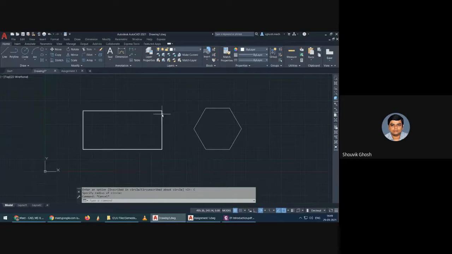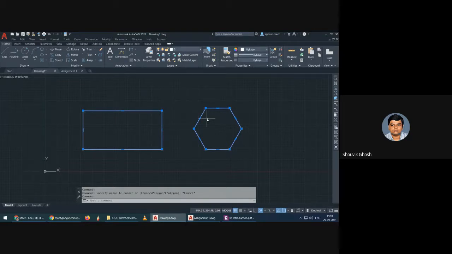Like you can see this rectangle is actually made up of four lines. Actually we can say that this is made up of four lines, but it will act as a single rectangular object since we have used the rectangular tool. Similarly, this hexagon is a combination of six lines, but it is acting as a single hexagon. So to distribute this complex figure, that is this rectangle and this hexagon, into an object created by simple drawing tools, that means simple six lines and four lines, we use the explode command.